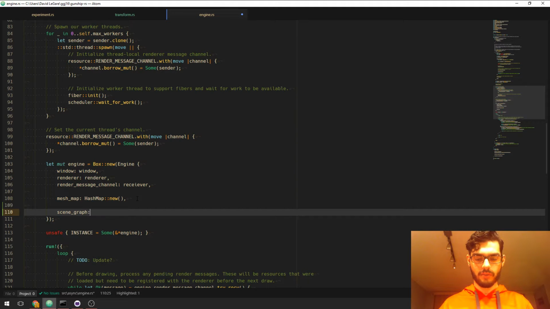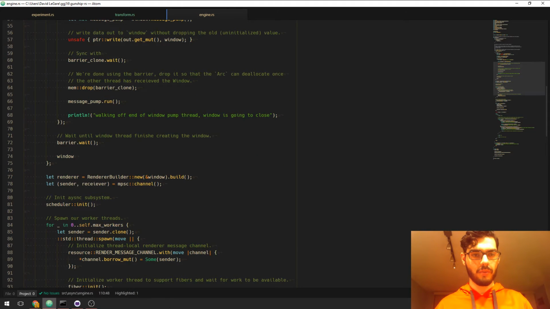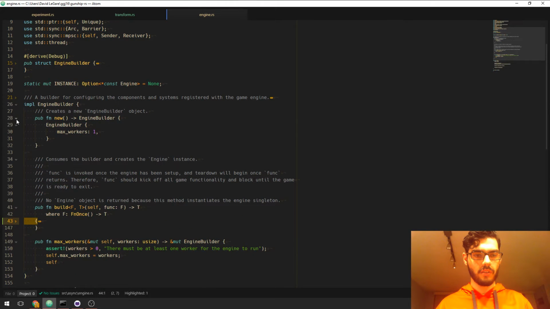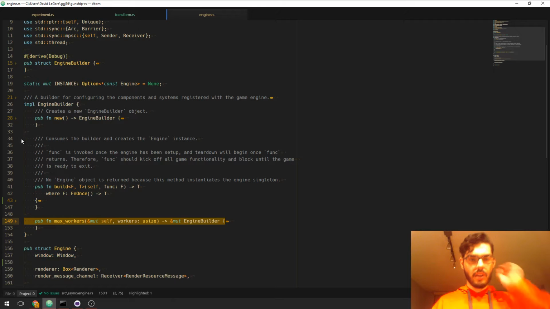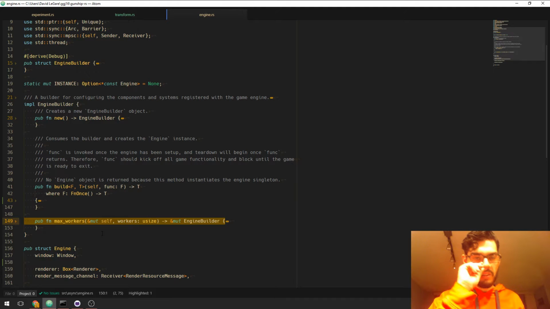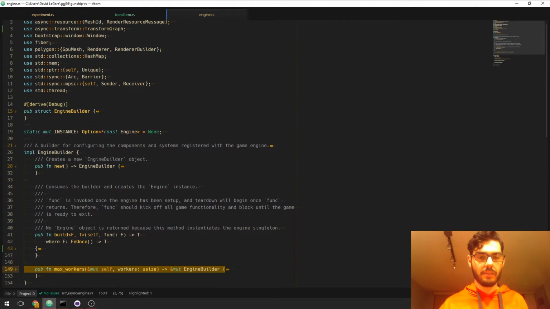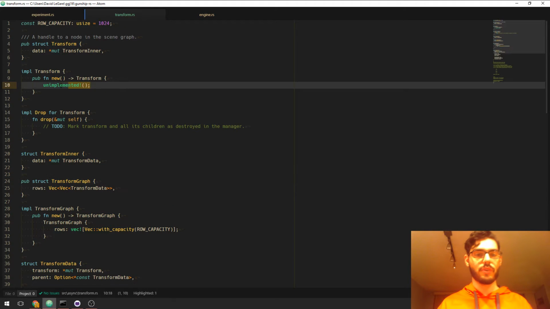Scene graph, transform graph, new. And then the next step is going to be actually getting at that instance. So let's take a look. Do I have any equivalence yet? I do not. I previously had implemented a way to get at the renderer, but now I need a way to get at that scene graph, because effectively what transform is going to do is